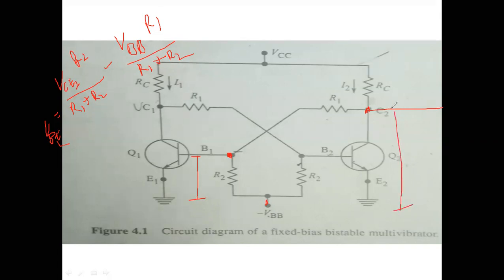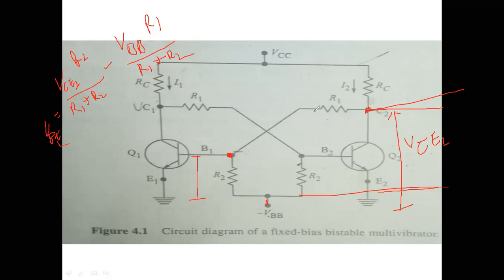Therefore, I am finding the voltage across R2. It is nothing but VCE2 minus R2, divided by the total voltage difference, using the voltage division rule. This voltage will occur between R1 and R2, these two branches, this point and this point. Between these two points we have the VCE voltage. This is the VCE2, otherwise you can take it as VCE sat. This VCE sat voltage will occur between R1 and R2.